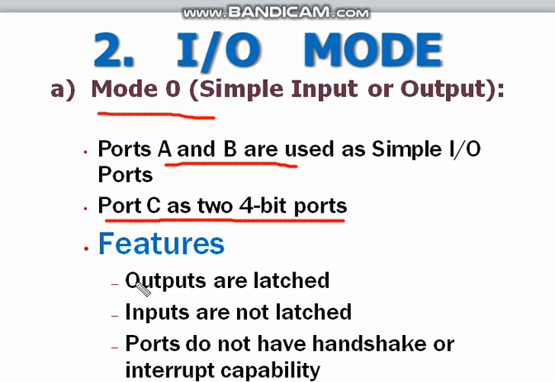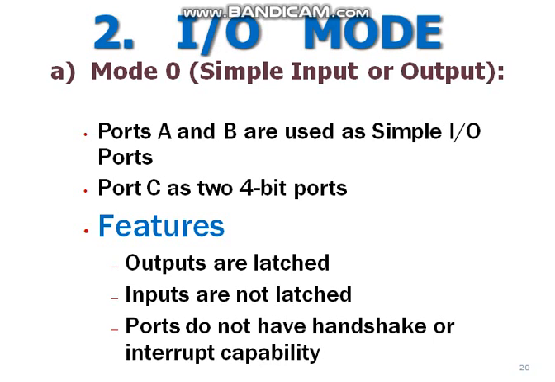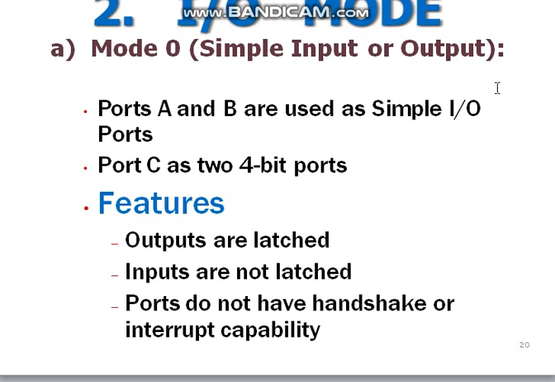The features of this mode are that outputs are latched. What do you mean by latching? Your outputs can be stored temporarily and then sent. That is called latching. But inputs are not latched; the transfer should happen immediately, and you do not have any handshaking. Handshaking in the sense that no interrupting will be available in case of your input output mode. Very simple mode. The next mode is your mode 1. Mode 1 is your handshaking mode,